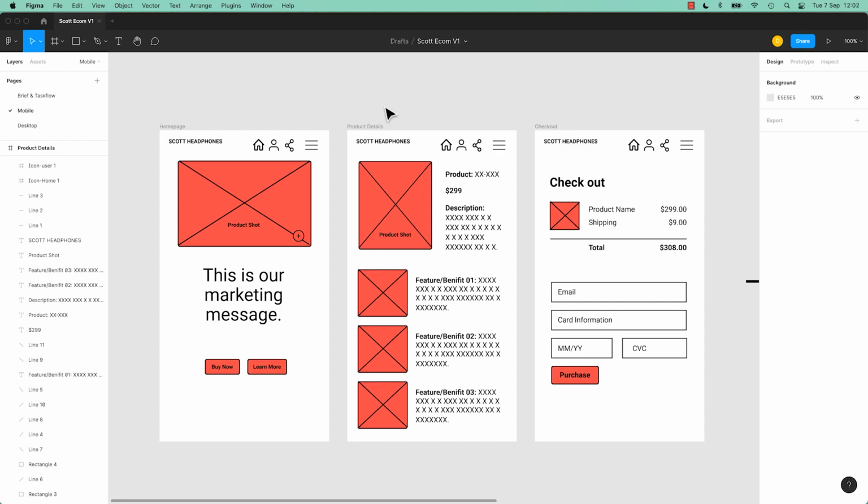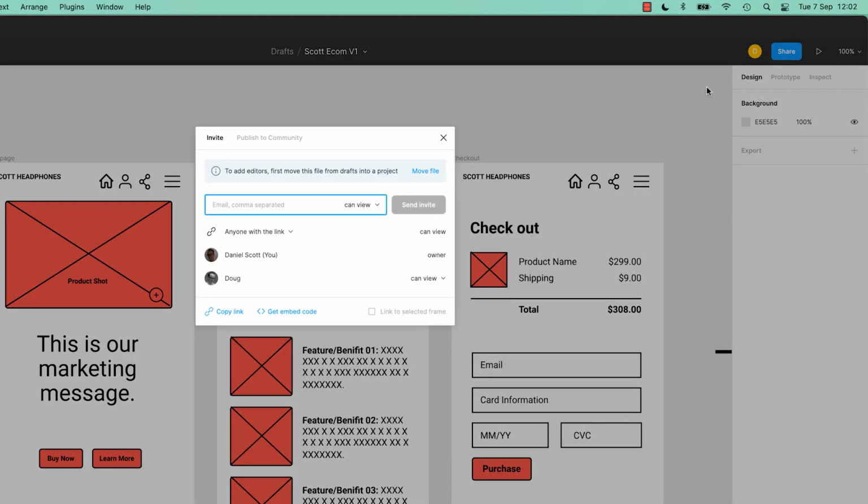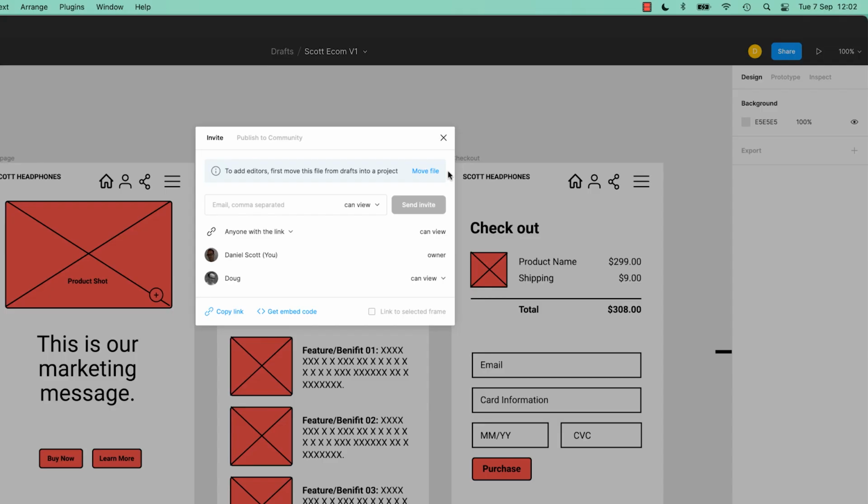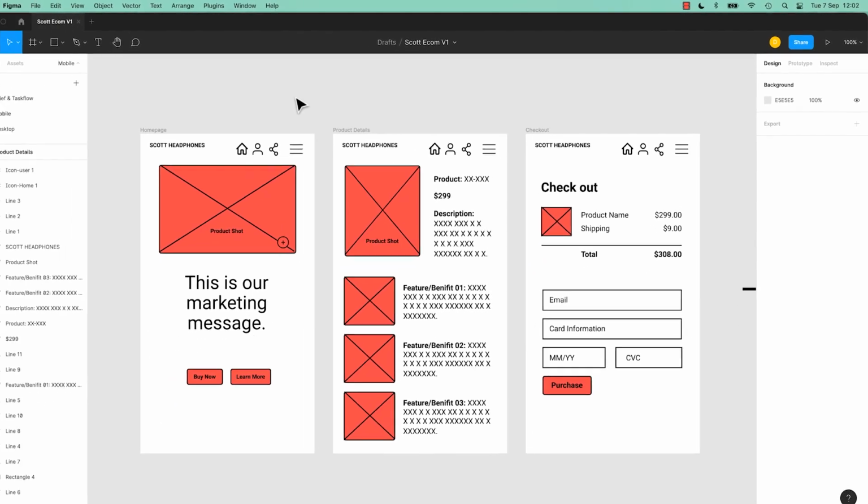So we got so far with just the drafts and using our sharing. So we look in here, it kind of gave us an indication, right? If I want to share, I can send it to say Doug, and I want him to be an editor, but it says, hey, first to be an editor, you need to move it to a team project. I'm going to click close. Up here it says it as well. Do you want to move this file? A lot of things are indicating it needs to be in a team. So let's go and look at that the manual way. We can move it and it will automatically happen, but let's have a look the long way just so you